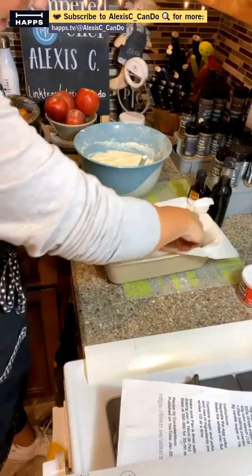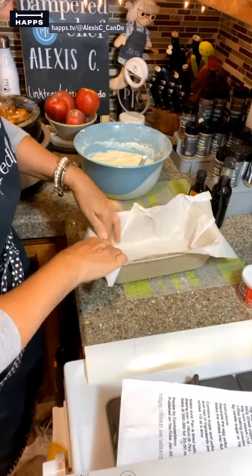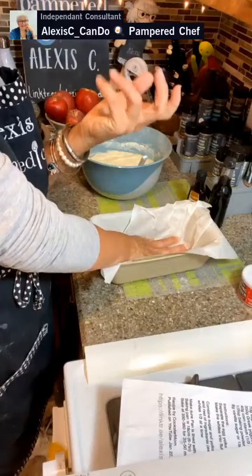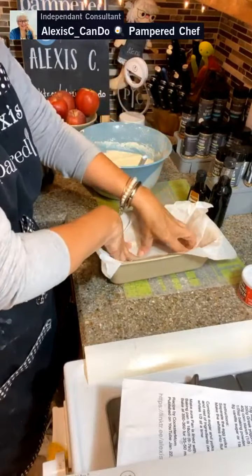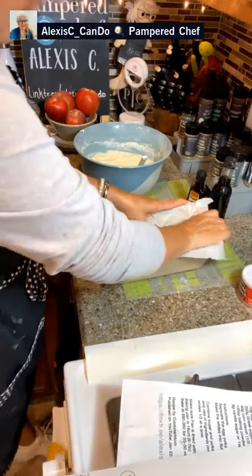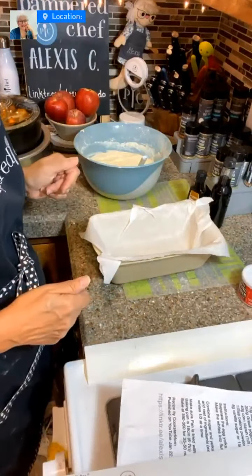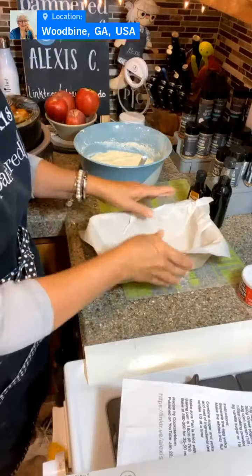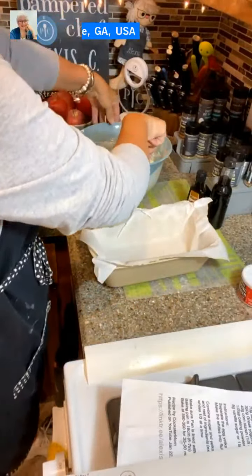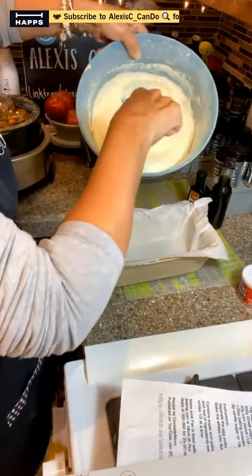Let's see. We're gonna put this in. We're gonna put parchment on here, and I will change out the parchment because the moisture from when it cools down will make this all wet. So I usually change out my parchment paper there. All right, so we got that all down nicely. See, just pretty cool. We're gonna add in our mixture right into the